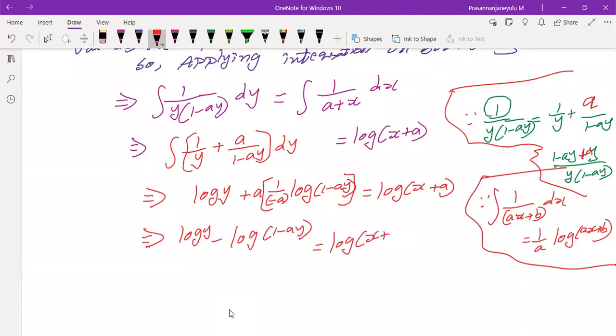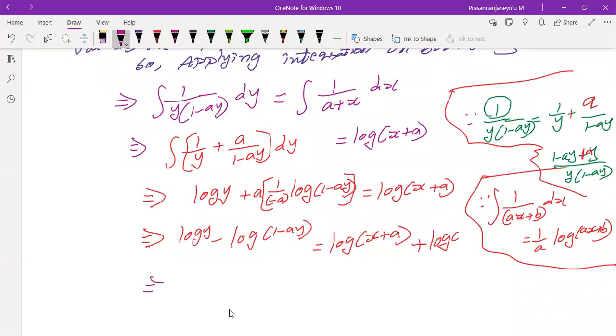So now tell me here. Sir, arbitrary constant. Yes, I made a simplification. That's enough. We have to take an arbitrary constant. Don't forget it. Plus, what will we take? Plus log C. We can take C or log C, because C is an arbitrary constant. Log C is also an arbitrary constant. But sir, why should we take it only on the right hand side? Can I take it on the left hand side? Yes, it is your choice. You can take it on the left hand side also.